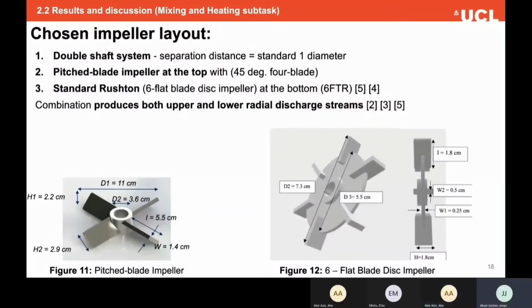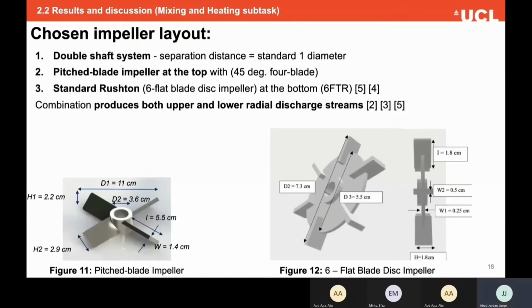The choice of impeller is a double impeller combination, with a 4-pitch blade impeller placed at the top and a standard Rushton at the bottom. The configuration successfully generates large-scale asynchronous circulation loops of the vessel walls, both downwards and upwards, resulting in aeration throughout the bioreactor. A radial Rushton impeller is essential for efficient heat transfer as it produces large turbulences towards where the